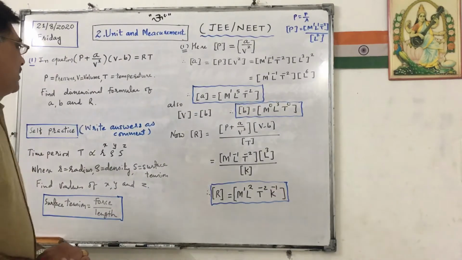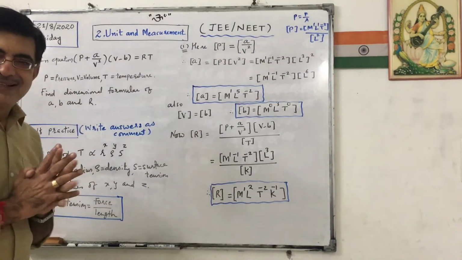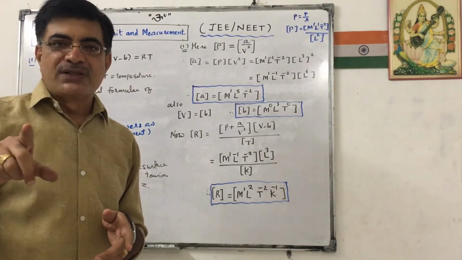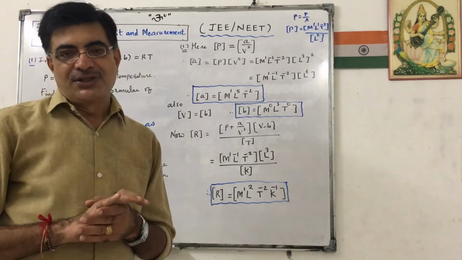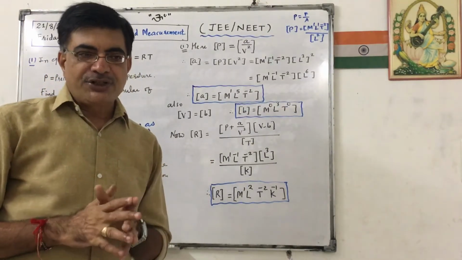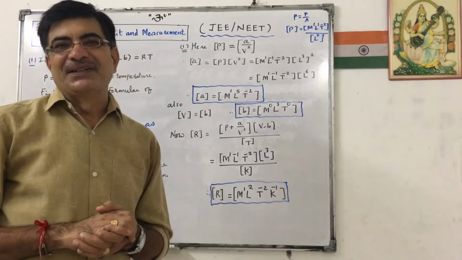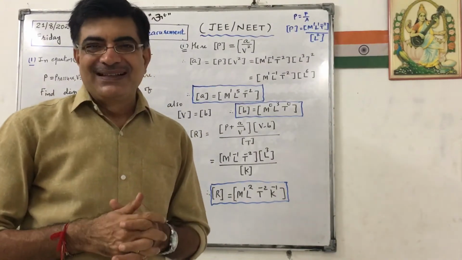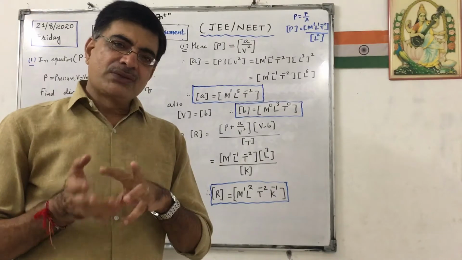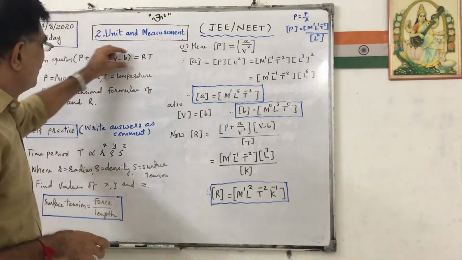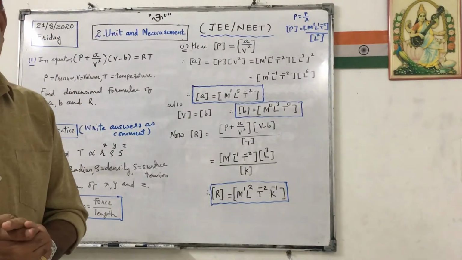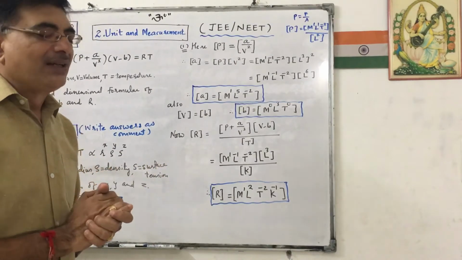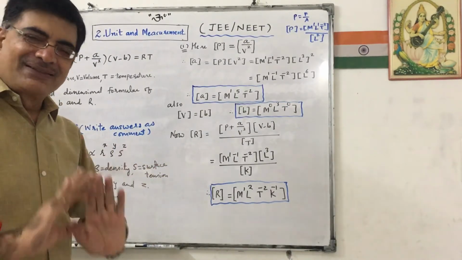Now see, first of all, what is this equation actually? You know the ideal gas equation PV = μRT, where μ is the number of moles. That is the ideal gas equation. In that equation, we have assumed everything ideal. But for real gases, we have to make some corrections. After making those corrections, we obtain this formula, so this is called the real gas equation. This was just information about the equation, but we are not concerned with that. We are only concerned with the dimensional formula.